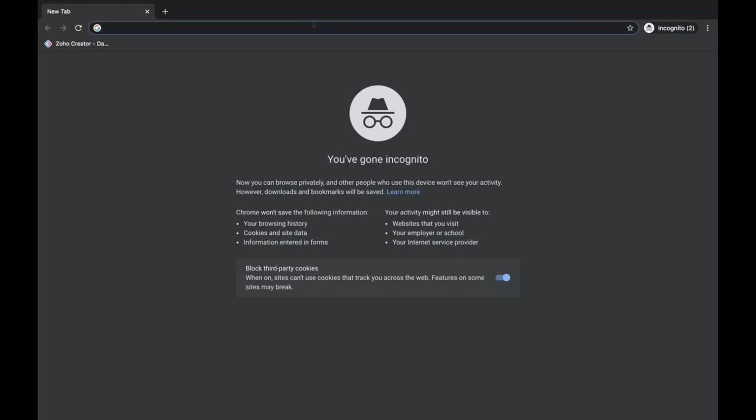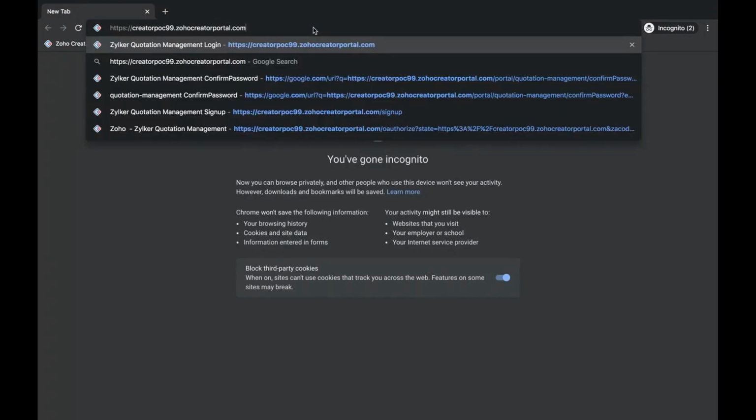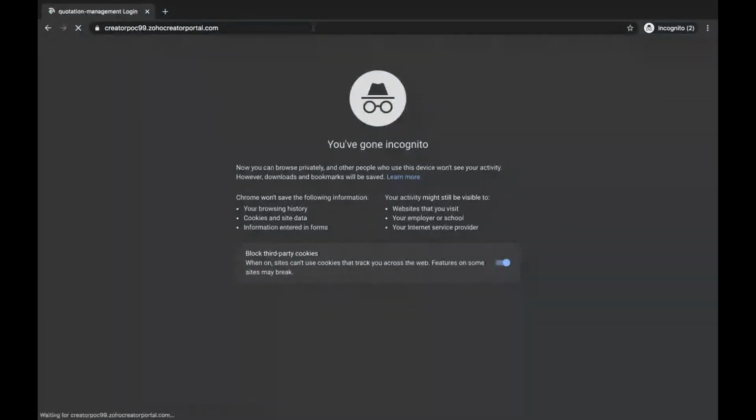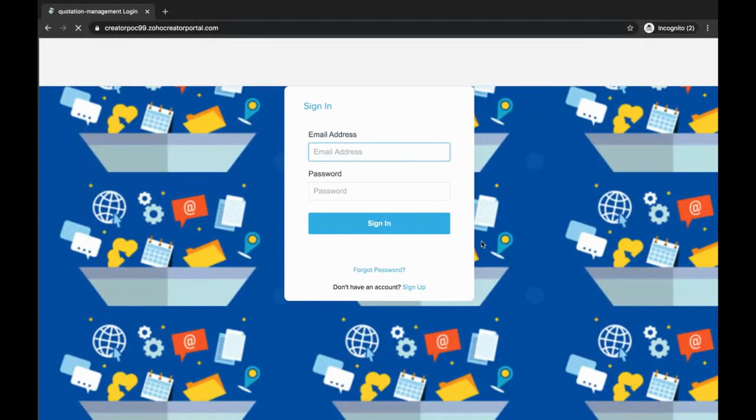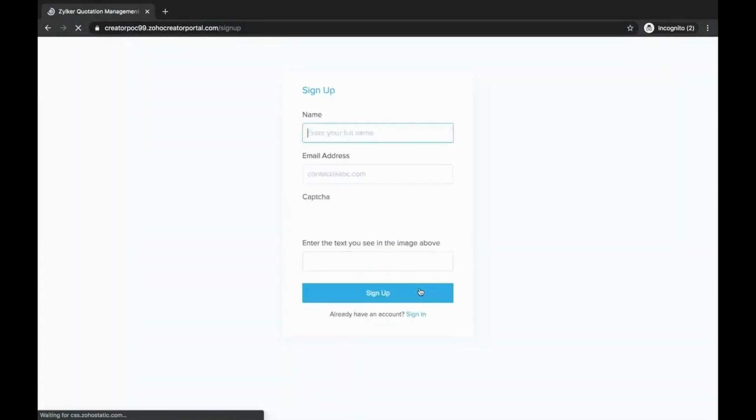That is, if you give this link on your portal or maybe on your website, they can just click on this link. They will see a sign-in page where they can sign in using their email address and password. If they are not signed up already, we give you a sign-up page as well, where they can give their email address, their name, captcha, set up their own password and self-register themselves. This is the first way to add customers.